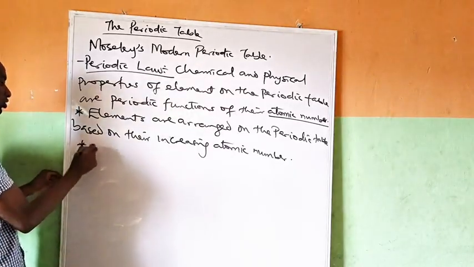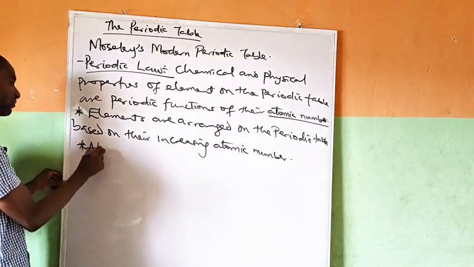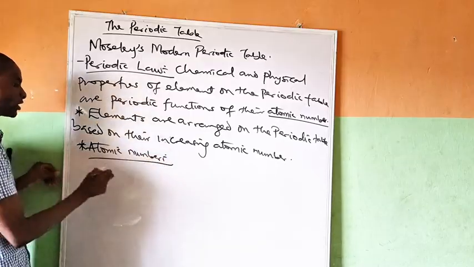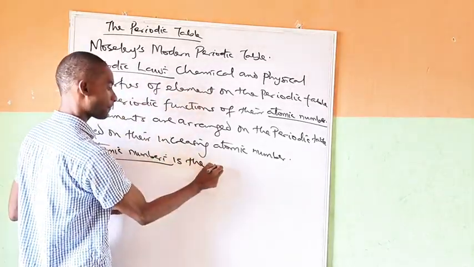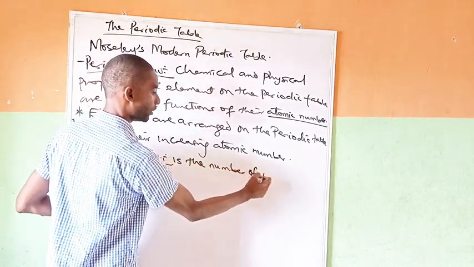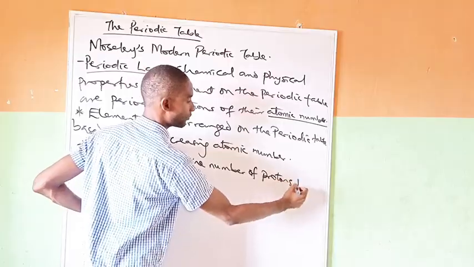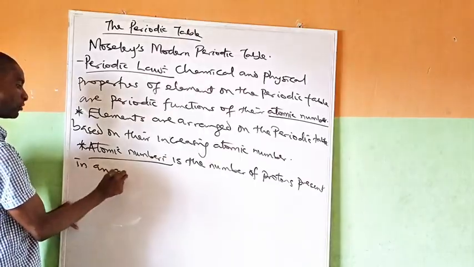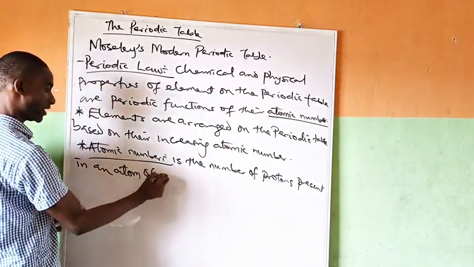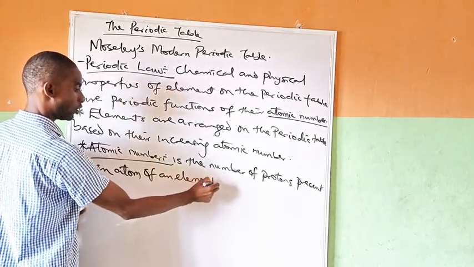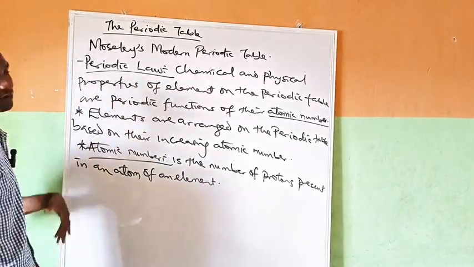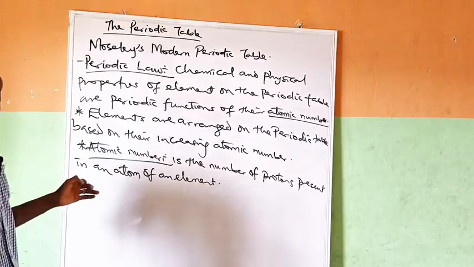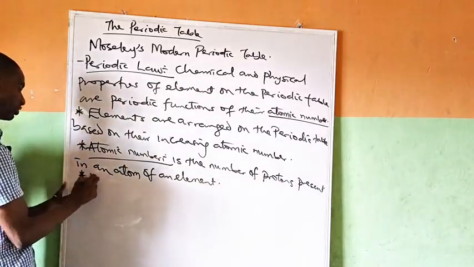Now, before we go into the details of the periodic table, let me talk about the atomic number. What is the meaning of atomic number? Atomic number is the number of protons present in an atom of an element, and of course it is also the position of an element on the periodic table. Okay, that's atomic number. While atomic mass,